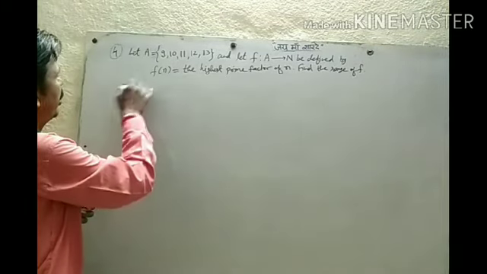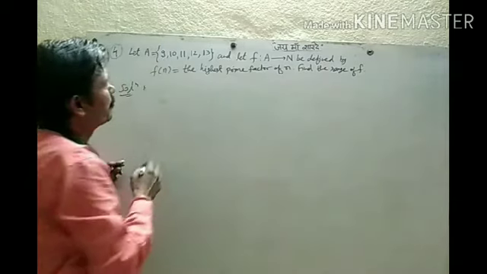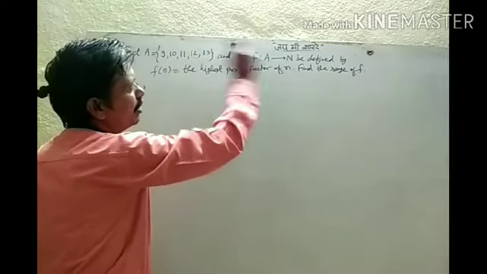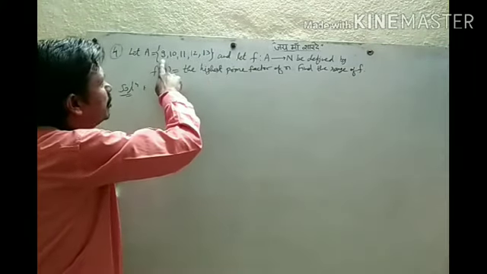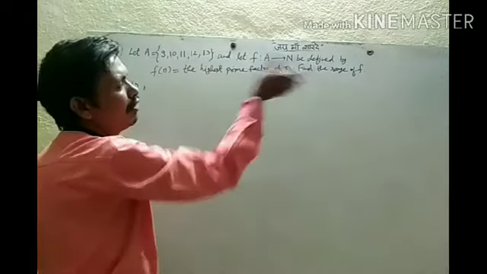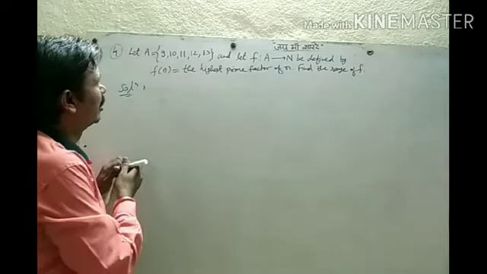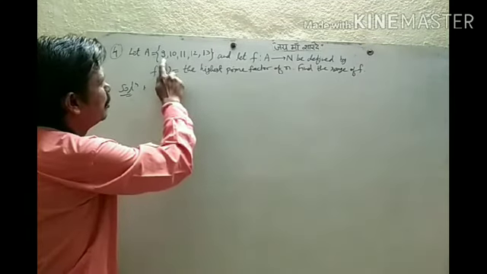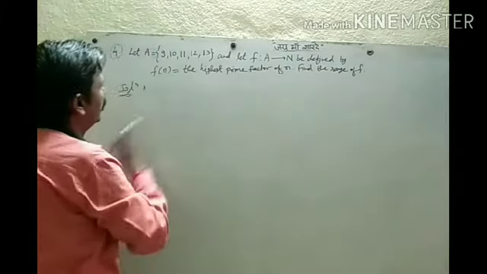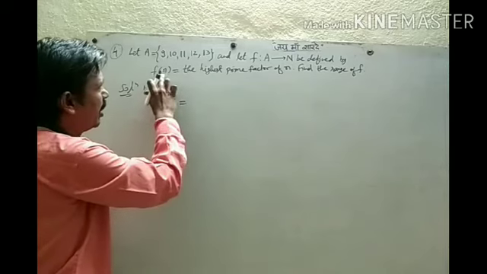Actually, to find the range, what do we need? What is the image of 9? We define a relation from this set A to the set of natural numbers. So we need the image of 9, the image of 10, and so on; in set A we have these 5 elements. Their images will form one set, and that will be the range of f. So n we replace by 9. This is your x, and this is the value of y. If you put n equal to 9, it means f of 9.